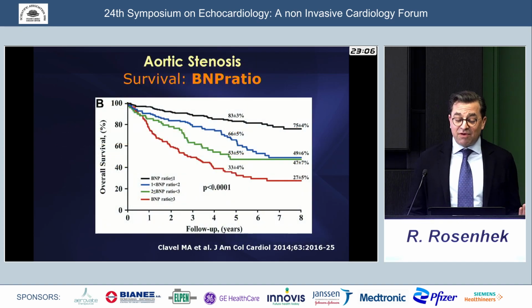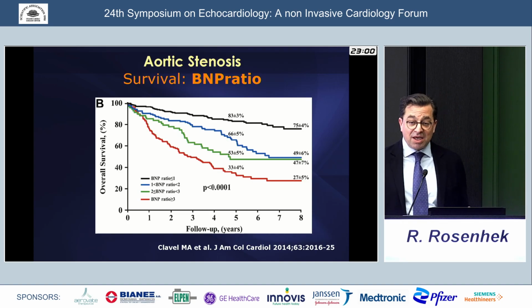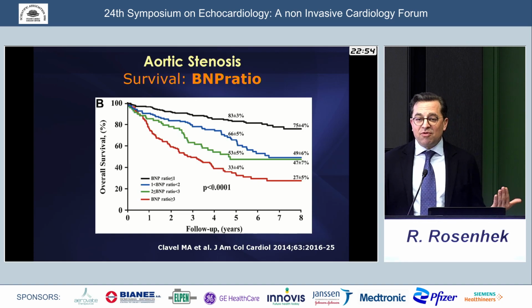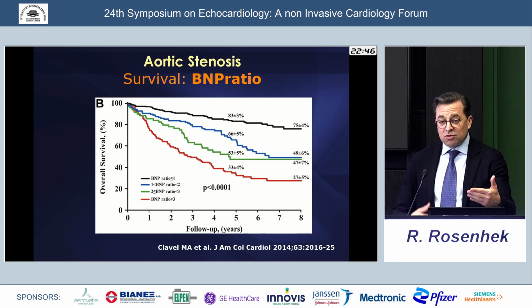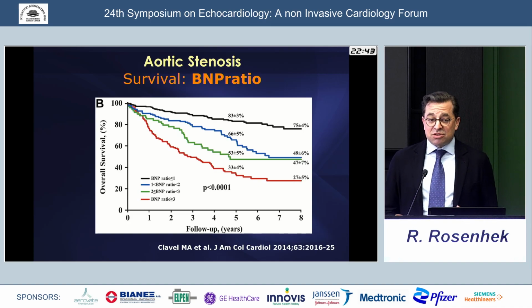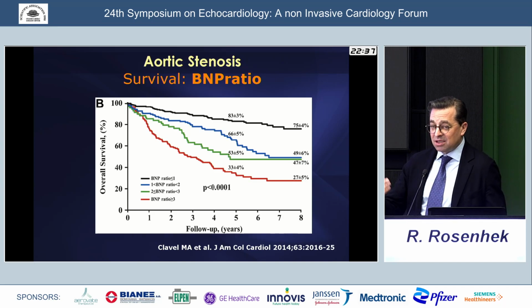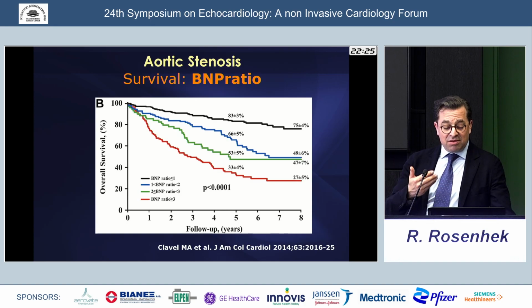And in terms of objectivizing, biomarkers are attractive, and so far the best biomarker available is BNP. Obviously, BNP is sensitive but not specific, and depends on renal function, gender, and age. So you have to correlate it to the age and gender matched expected value. And if that value is 3 times above the expected, it is probably predictive of poor outcome, or certainly predictive of poor outcome, and may justify as an element an intervention on the